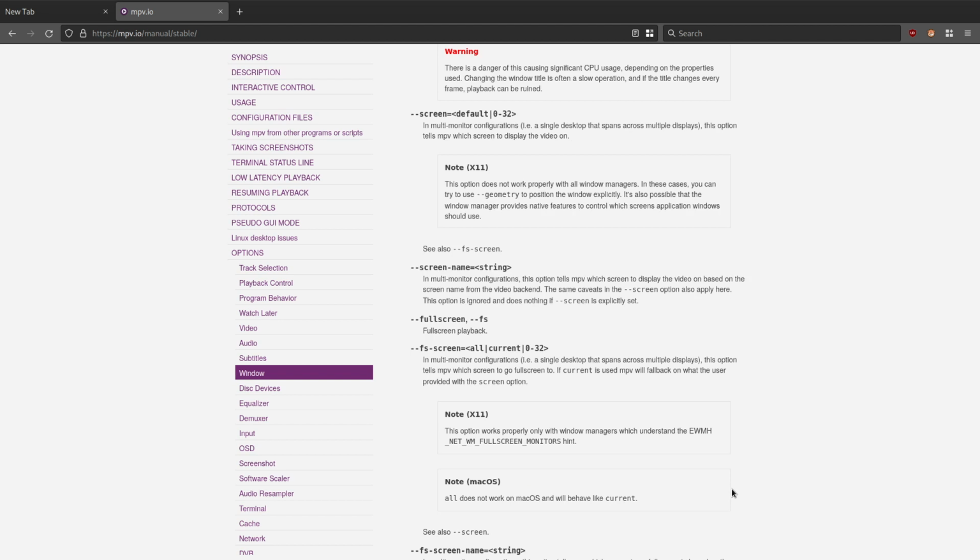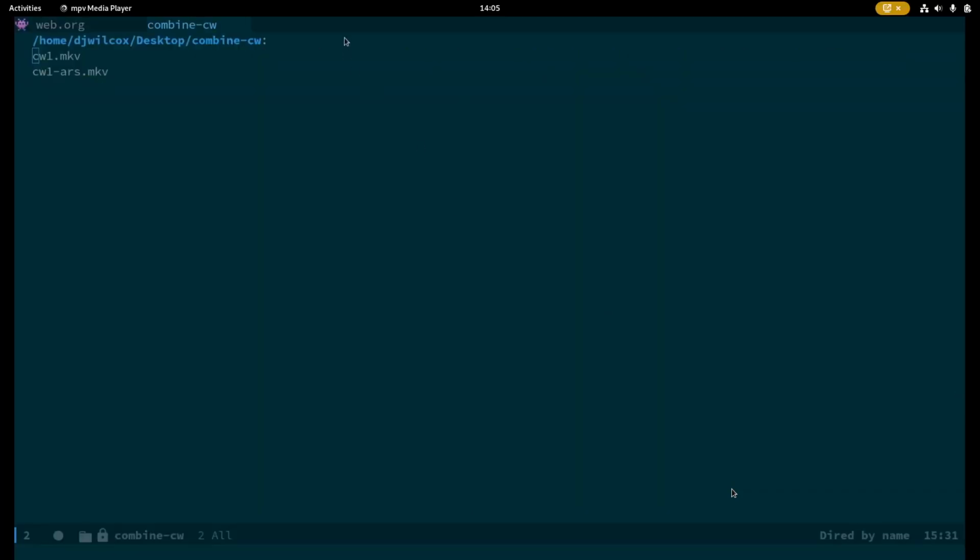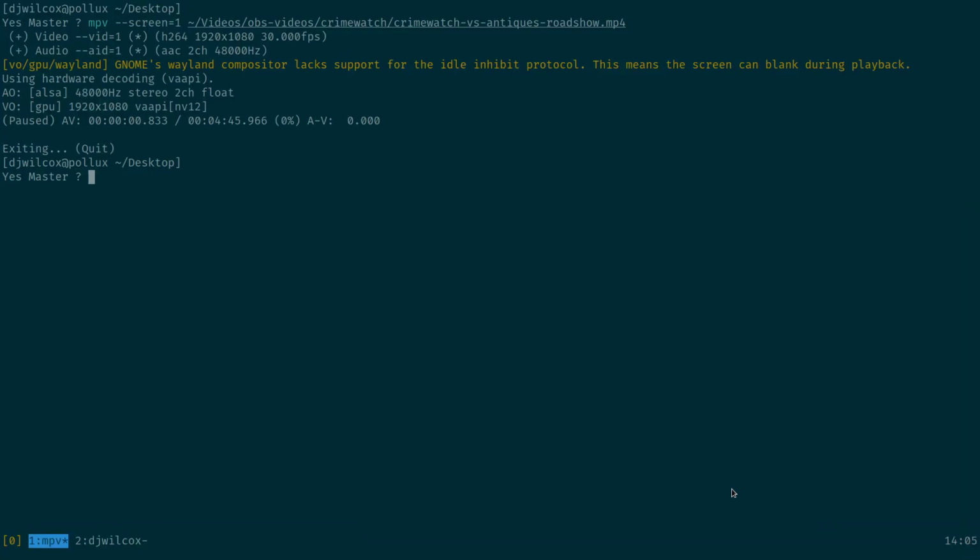Now, typically, if you're on X11, what you can do is run mpv --screen equals, like 2. I think it's 1 or 2. It's 1. And then a video. So what's happening there is it's displaying on screen 1. On X11, that would display it on the second monitor, but on Wayland, it's